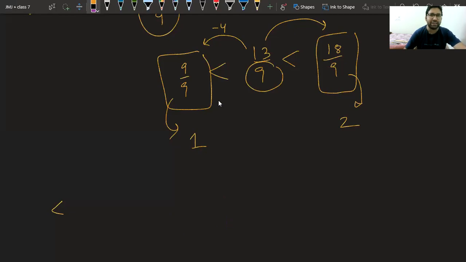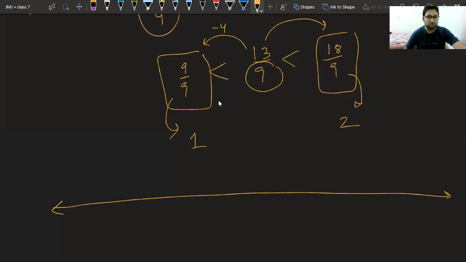Because I want to make 9 divisions, I will have to take larger gaps. So this is 0, this should be minus 1, this should be 1, this should be 2. My number line is correct. I have equal spaces between them, so everything is fine. But my area of concern is between 1 and 2.